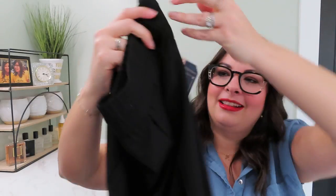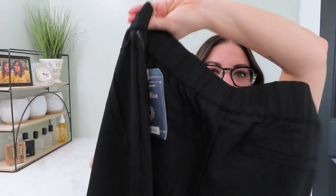Some black pants. They have real pockets in the front, fake pockets in the back. They're very stretchy. They have more of like a wide leg. Not bad. And then we have some jeans, which if you watched my last Wantable video, I'm not super in